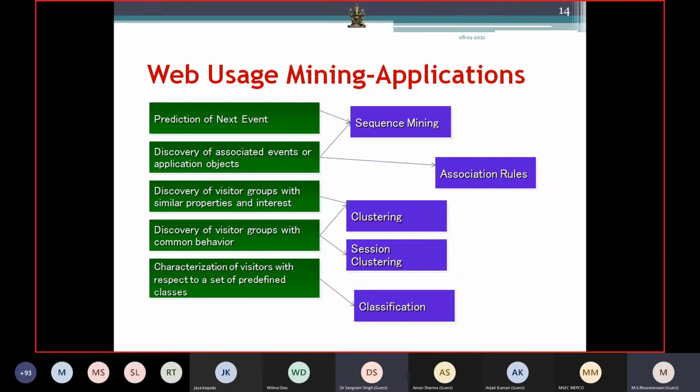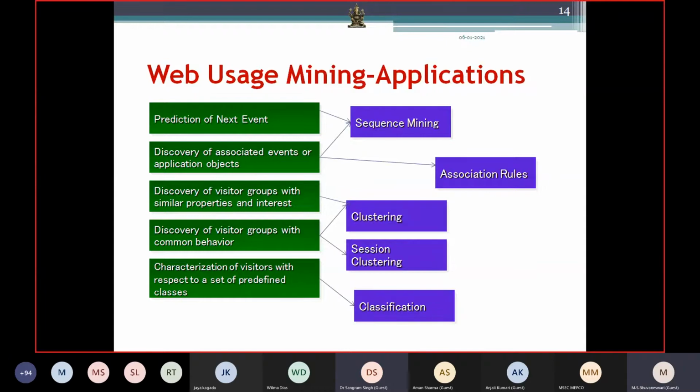So the next one is session history. Then we have different classes, and if users are similar, they belong to one class.